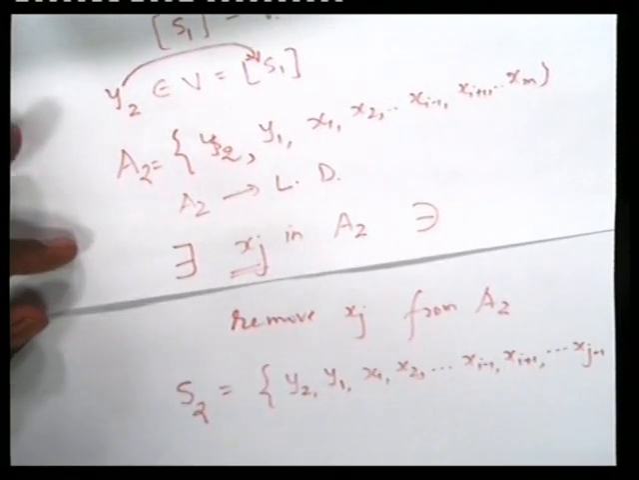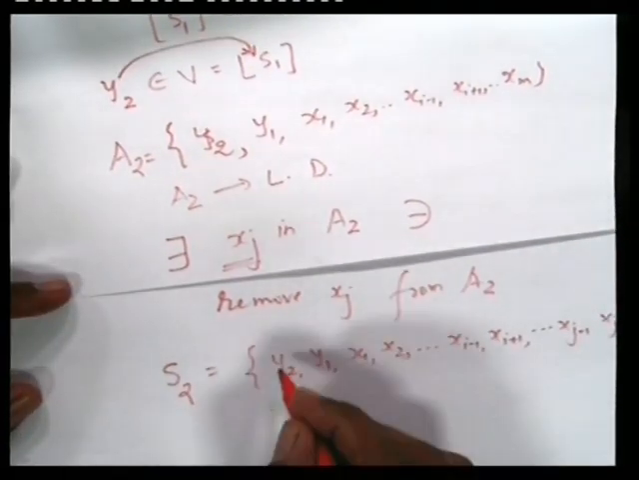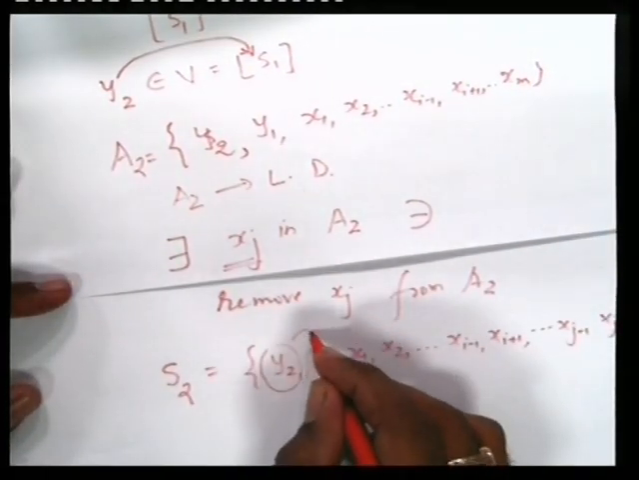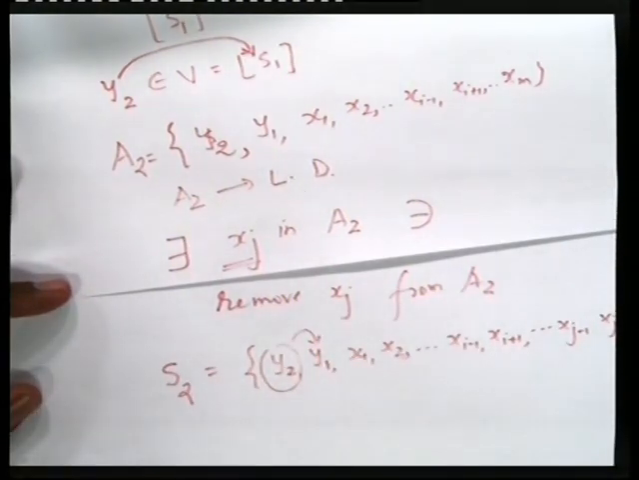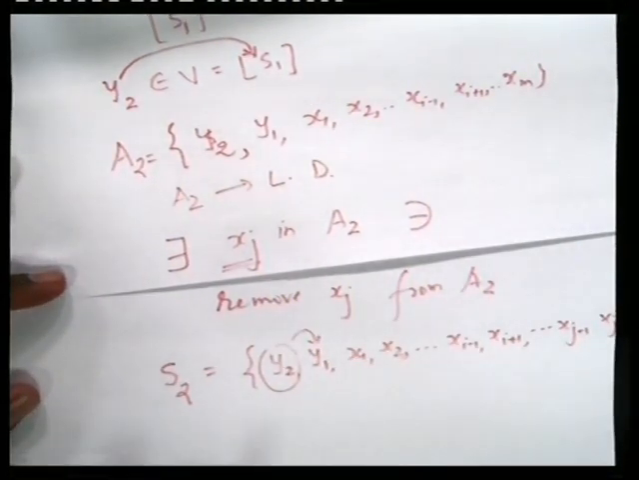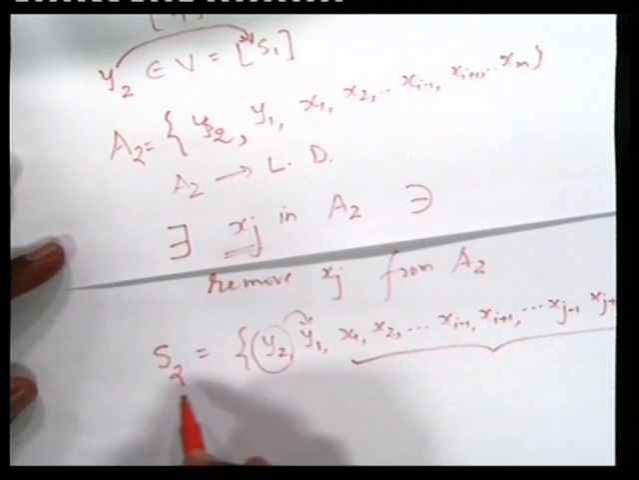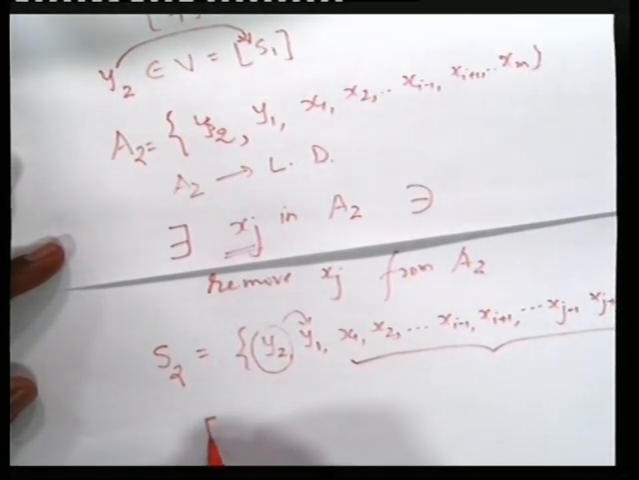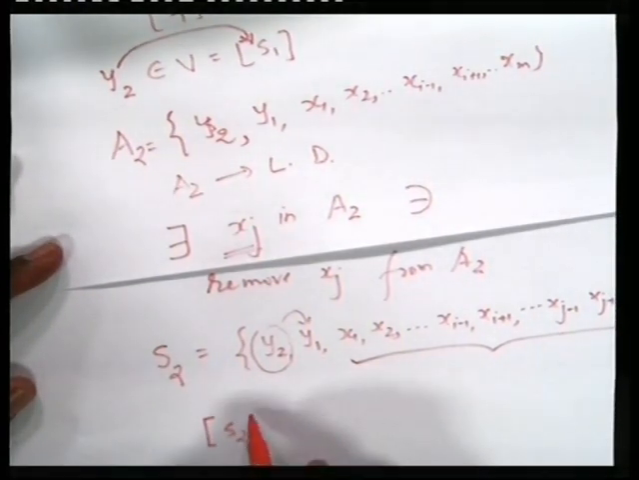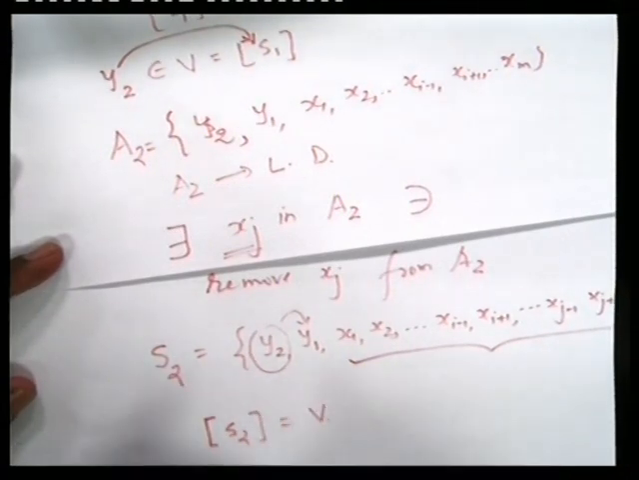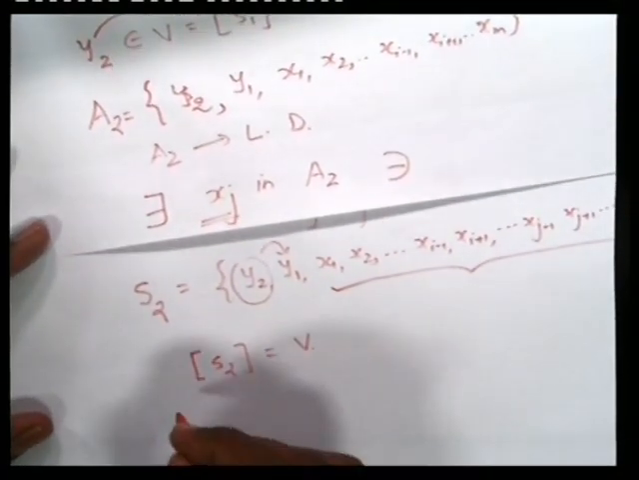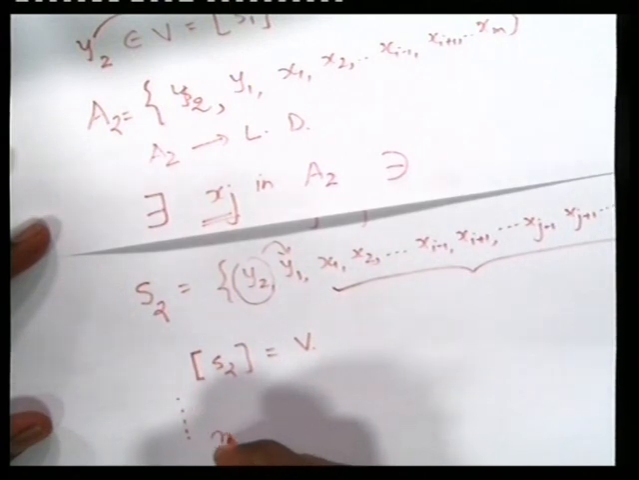The second possibility is also whether y2 is a linear combination of y1. If it is so, then this is linearly dependent. If it is not, then we can find this xj from this set. And after removing the xj, now this S2 will be linearly independent and the span of S2 is equal to V. If we continue this process for m times,